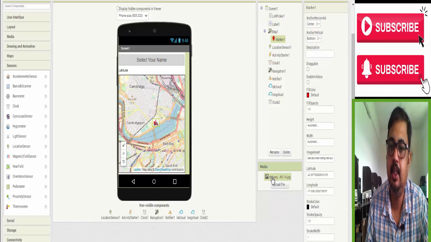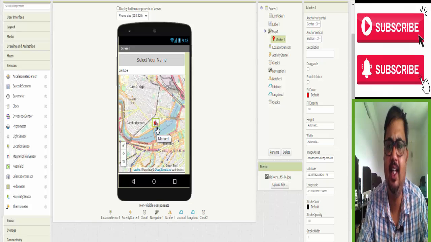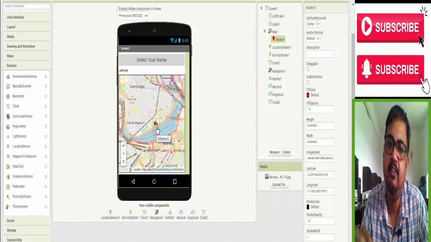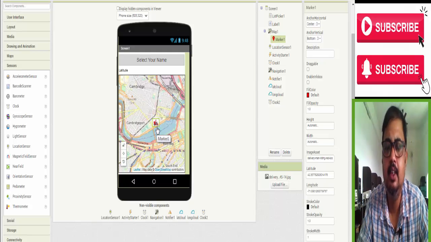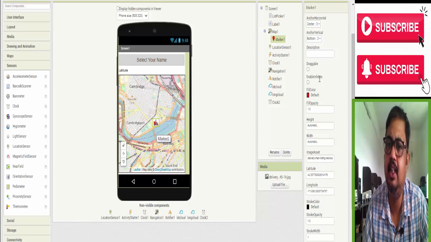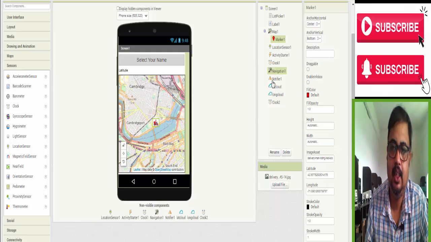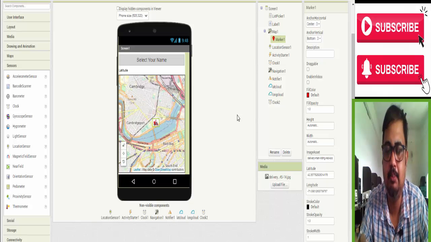See here, I upload the image and set it. See here, the image asset, set it. Whatever I want to give you a feel like Zomato, that is why this scooty is used. You may use the face of that person also, no problem on that. You can write a description, everything, but I did not write a description. Here see, you are able to write the description also, his name and everything you can show. So that much is used to make our simple but very important project.